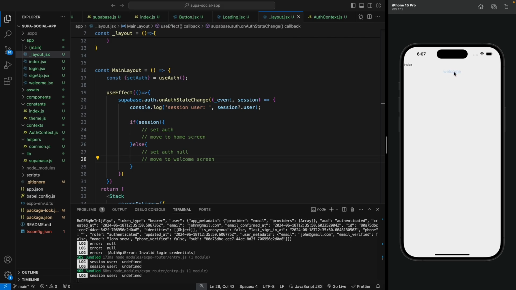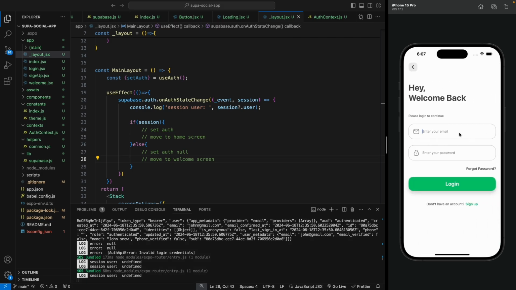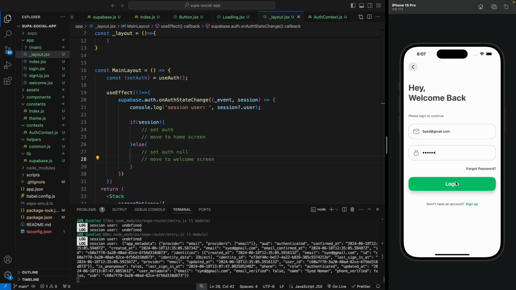So by default the session user is undefined, and if I try to log in, let's see what happens. Okay, if I log in you will see we got the session user, and this has all the user data from authentication. So I believe we should be getting the user ID.